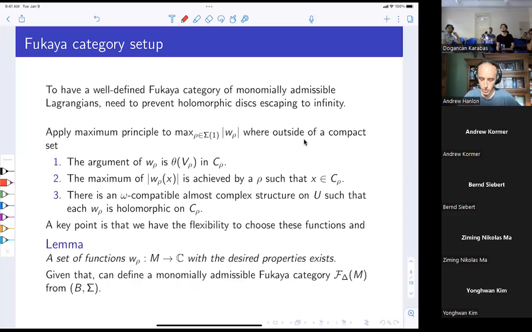I mean, they do a good amount of work to relate it back to this fibration over Y and what the Lagrangian should look like with respect to that. Whereas here, what I'm trying to do is set up a Fukaya category where, one, it makes sense without this exactness assumption, and two, that the XYZ fibration is already apparent, and the Lagrangians that you're going to consider already look like